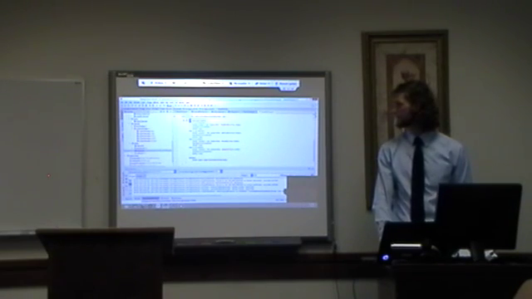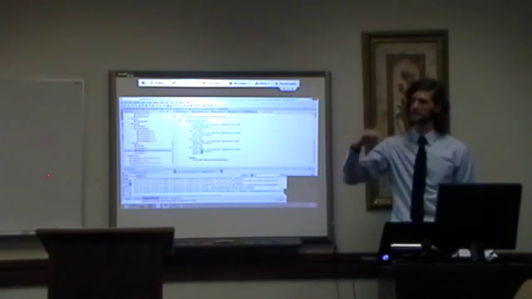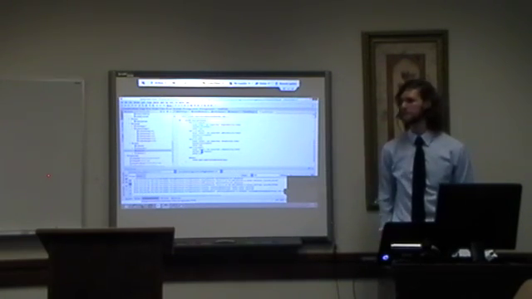Here, yeah, I'm using a switch case. This is what I used for the menu at the top, so it has the different categories, and so I used a switch case.